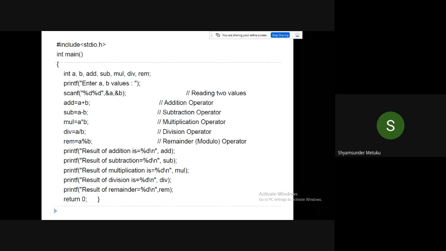Now my requirement is I want to reduce the number of variables. To verify the operators, why should I go for 5 different variables for the output? Is it possible to have only one variable as an output? Let's say a total of 3 variables: A, B, C, that's it. C is going to hold the output of all the operators. Is it possible? Tell me. Is it possible or not?